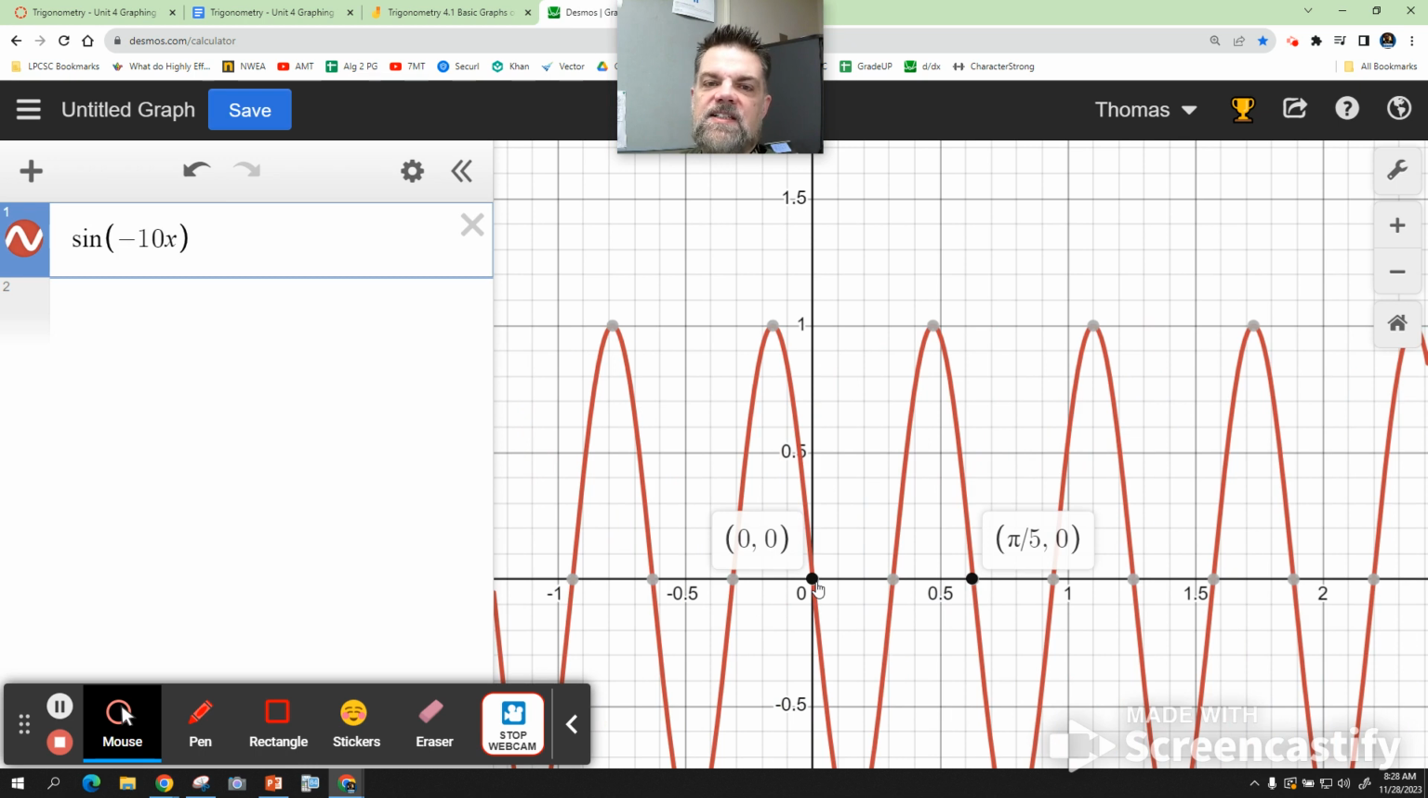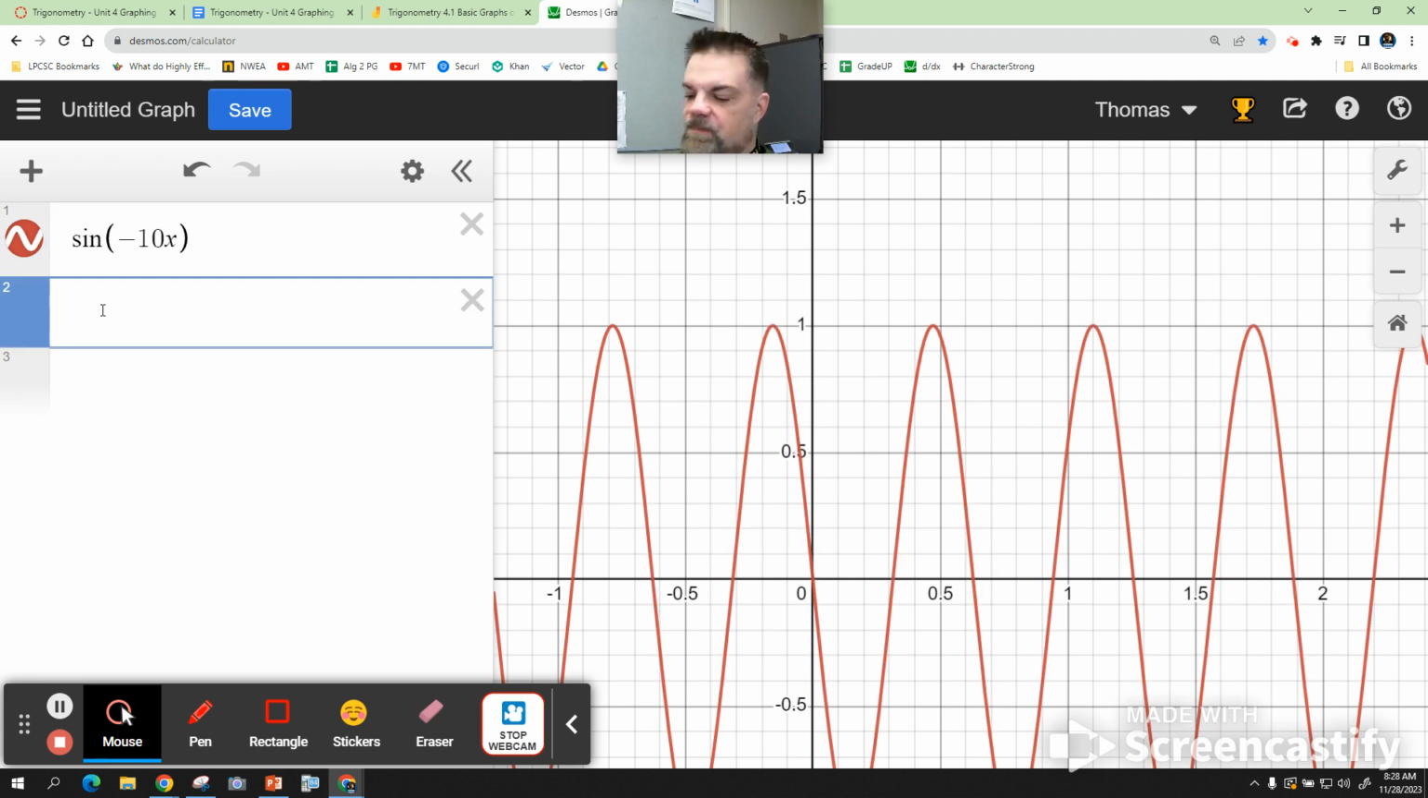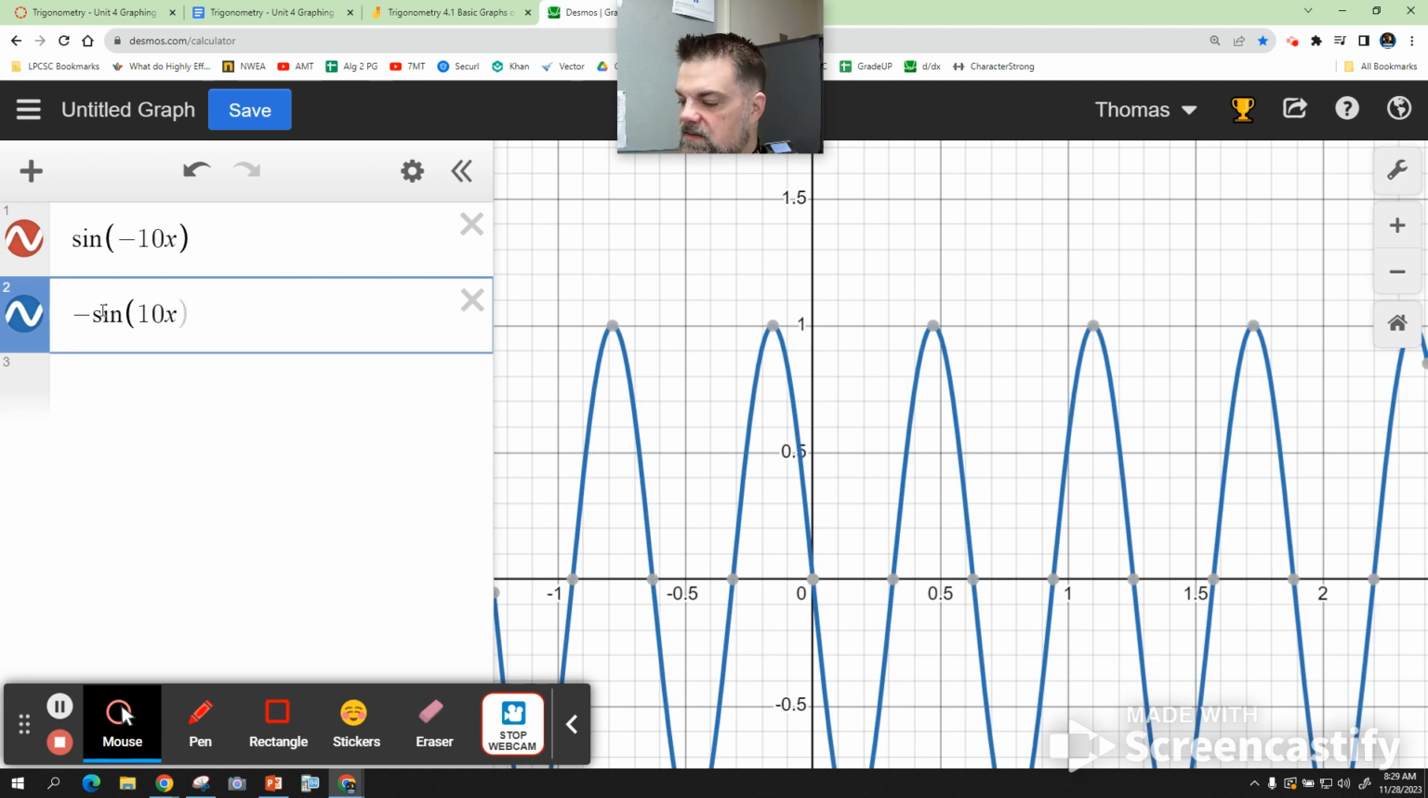Why is that? Do you guys remember why that is? What kind of function is sine? It's an odd function. So remember that when you take the negative of sine, it's the same as the negative of an x value. So if I were to type in negative sine of 10x, there, see how that's